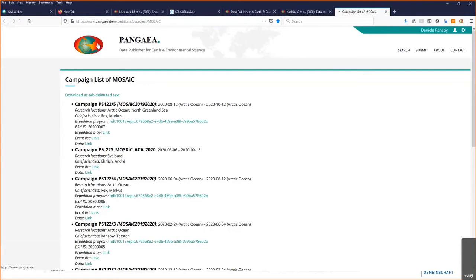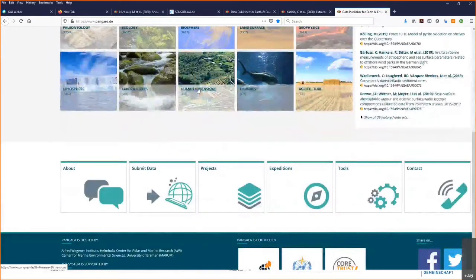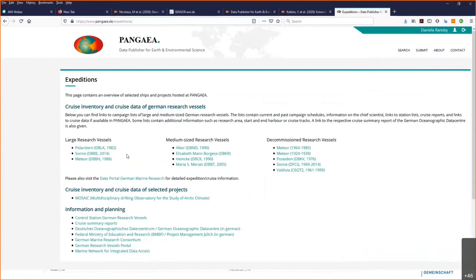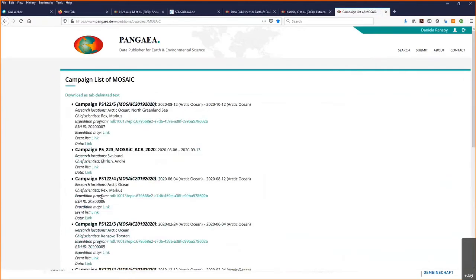If you go to the Pangaea website and scroll all the way down to expeditions, we have these lists for many German research vessels, but we also have a direct link to the MOSAIC expedition from this site, where we have a list of campaigns that are related to MOSAIC. So these are Polarstern campaigns, but also, today, I think, completely fresh, Polar 5